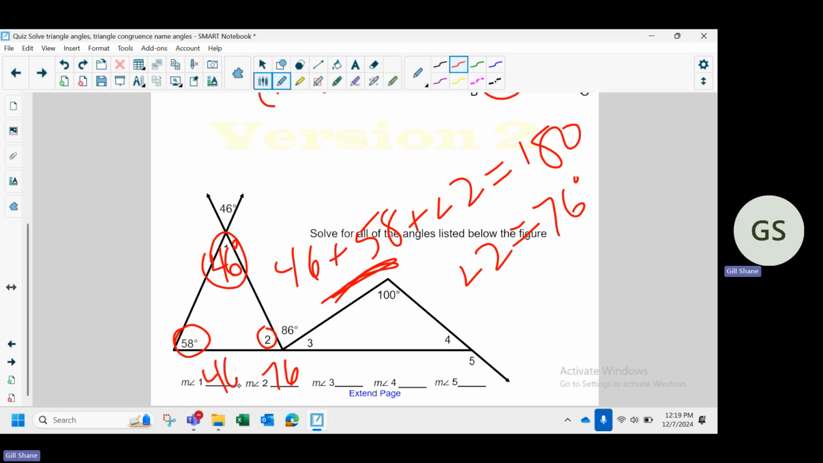76, 46. Now if I know this is 76, I'm just going to write over the top. A lot of people thought that angle 2 was 86, or angle 3. 86 is the angle right here in between those two. Angle 2 is an interior angle. Angle 3 is an interior angle of the triangle on the right. 86 is just an angle in between them. So now that I know this is 76 over here,